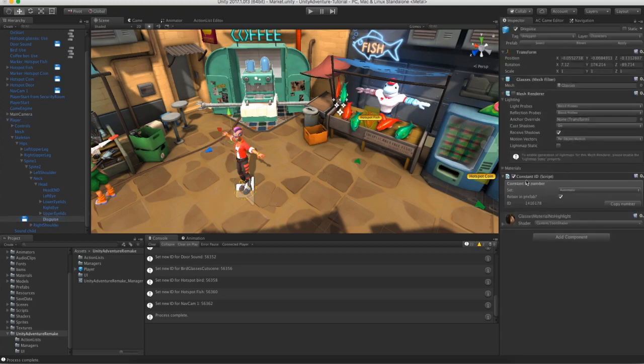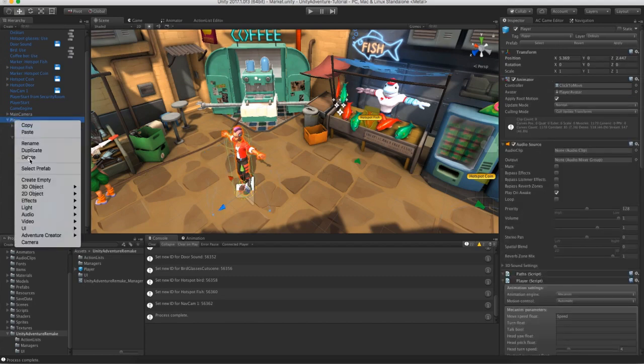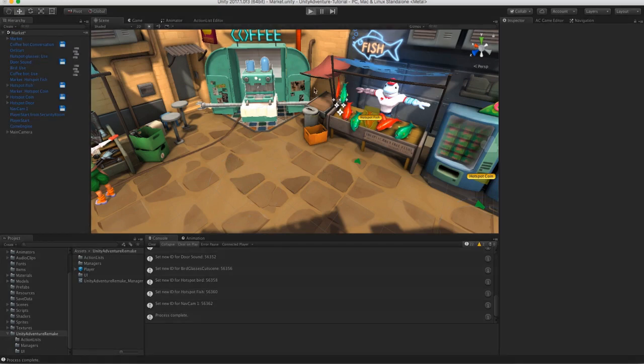Now she's already got a constant ID from before, but we need the specific Remember Visibility component. So again, Add Component, Save System, Remember Visibility. I'll check Retain in Prefab because we're going to be removing this from the scene in a moment. But I'm also going to change the Visibility on Start field to off because we're going to have the mesh renderer disabled by default, and only when she picks up the glasses will we be enabling it. I'll check Apply, remove her from the scene, and to show the same example,